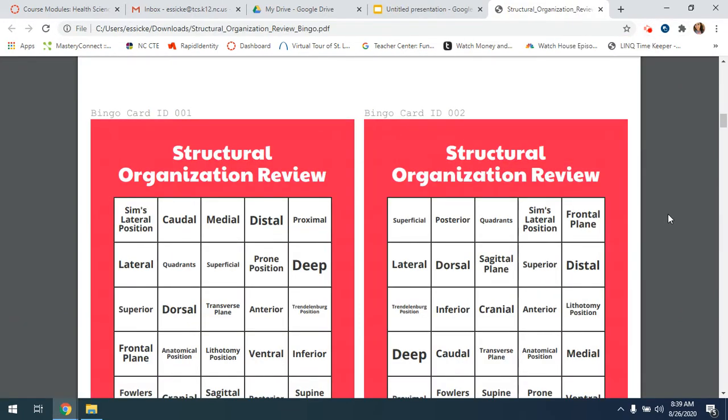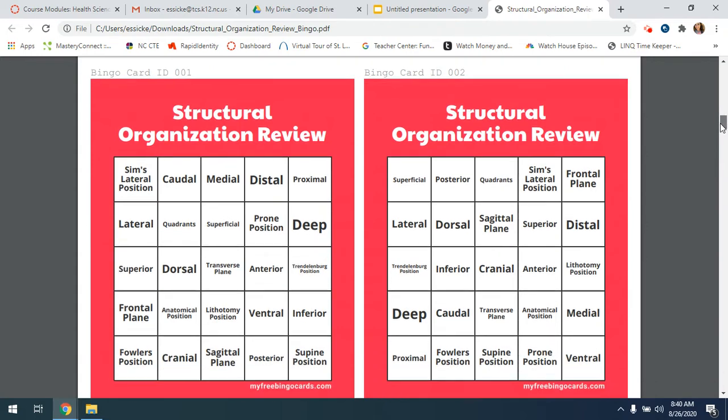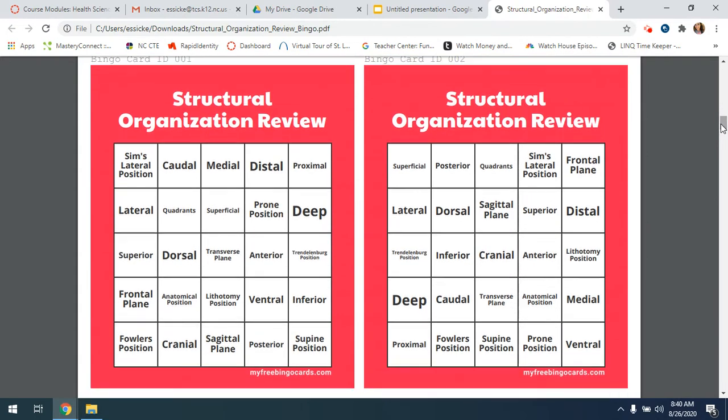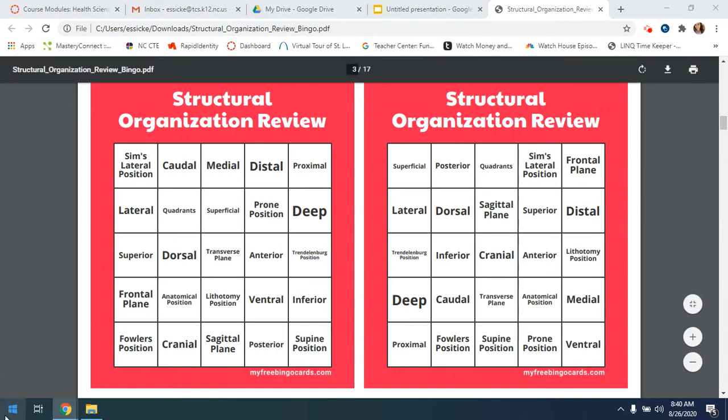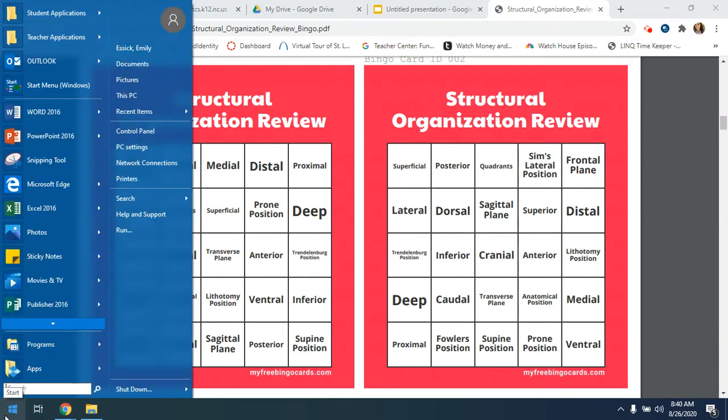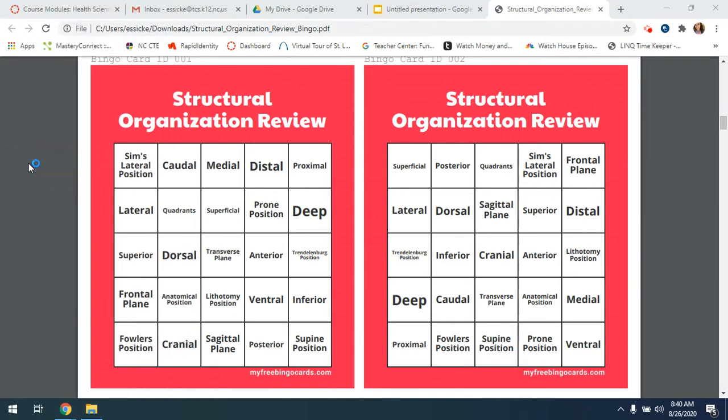Okay, we are back. So now I have opened up my saved bingo card file, and the next thing that you're going to do is you're actually going to have to screenshot each individual card. This does take a little bit of time, but once you've done it, you've got it over with, and it's the easiest thing I have found. So the way I like to do that is I have it open on PDF, and I make sure I can see the complete card in the screen,